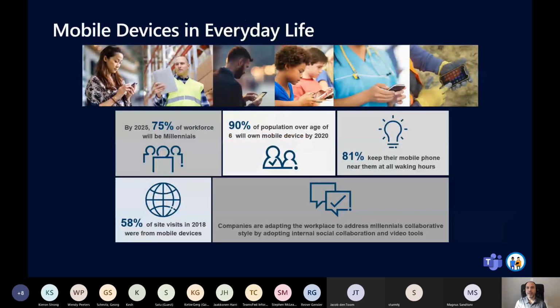Now, a lot of that, as I said, happens with people working from home. They're working on the computer. Some people are still going into the office. But I want to flip for a second and look at the other side of the spectrum, which is mobile devices. And again, these stats are about a year old.